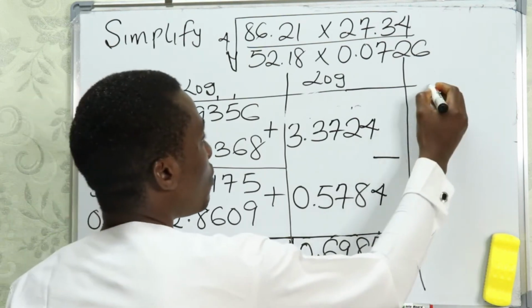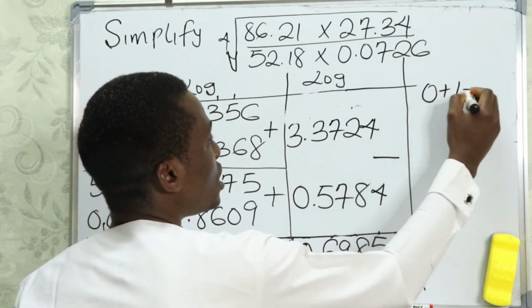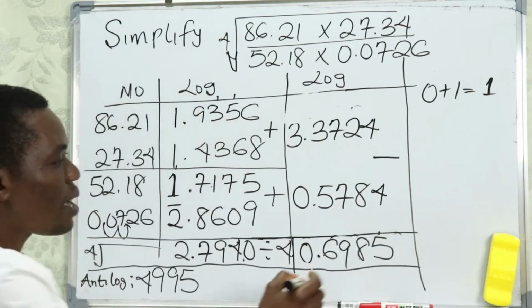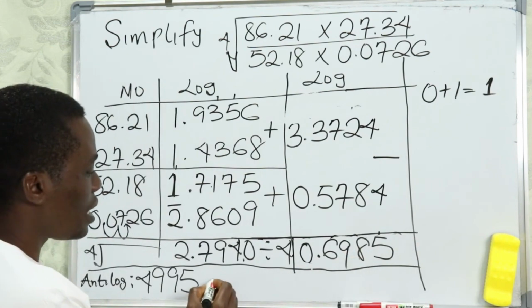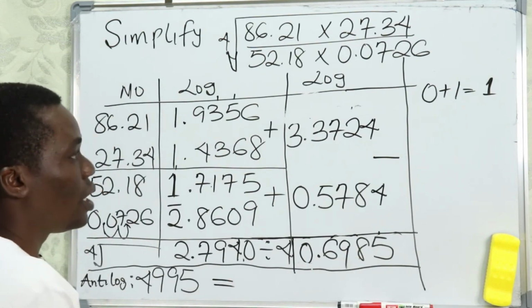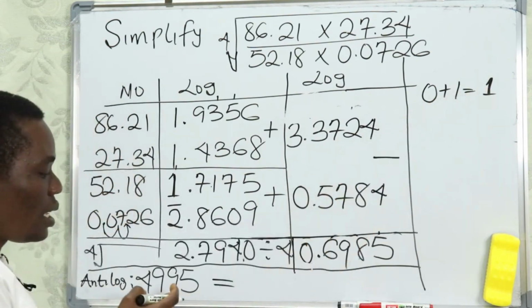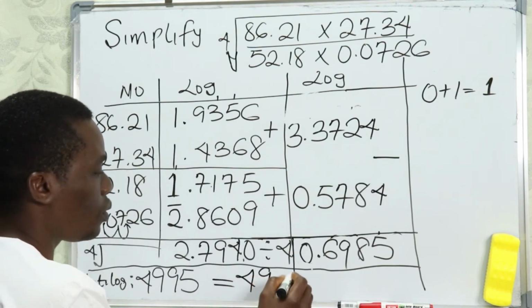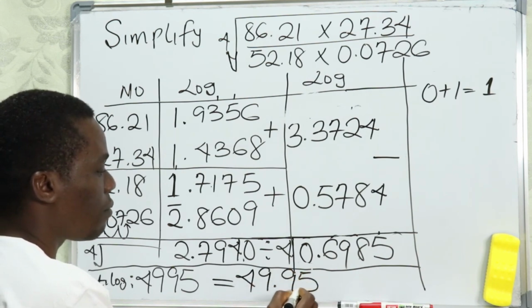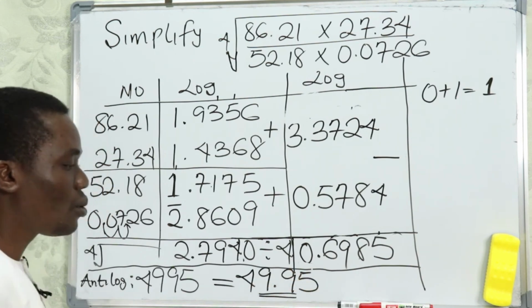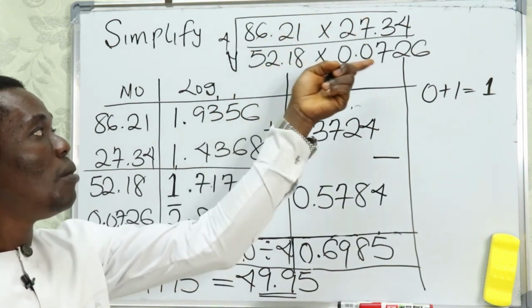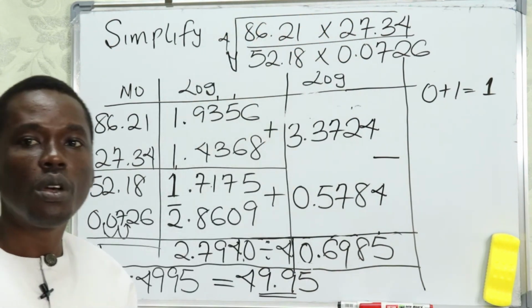So 0 plus 1 is equal to 1. So the integer is 1. So our final solution for this logarithm, having put one integer at this point, will be 49.95. That is the final solution of the logarithm of all these divided by these, the fourth root of all